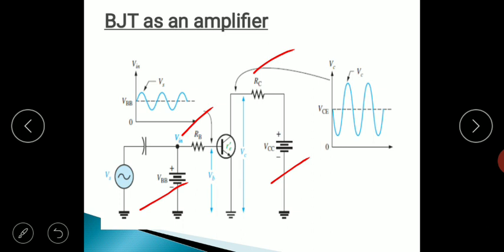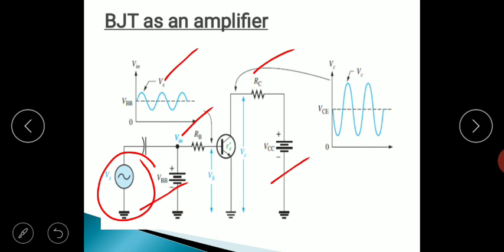Now to show this circuit acts as an amplifier, to this circuit at the base we are going to connect an AC input. You know that AC quantity is nothing but alternating quantity whose magnitude and direction changes with respect to time as shown in this particular waveform. Right? Now if you apply directly this AC voltage to the base, what happens? During the positive half cycle, voltage applied at the base will be positive, so the base emitter junction will be forward bias. And during the negative half cycle, input applied at the base will be negative and the base emitter junction will be reverse bias, and because of this the transistor will not be operated in active region.